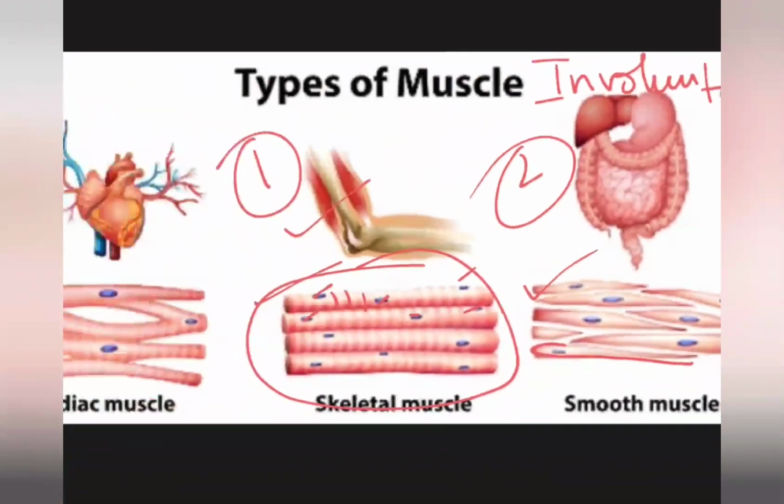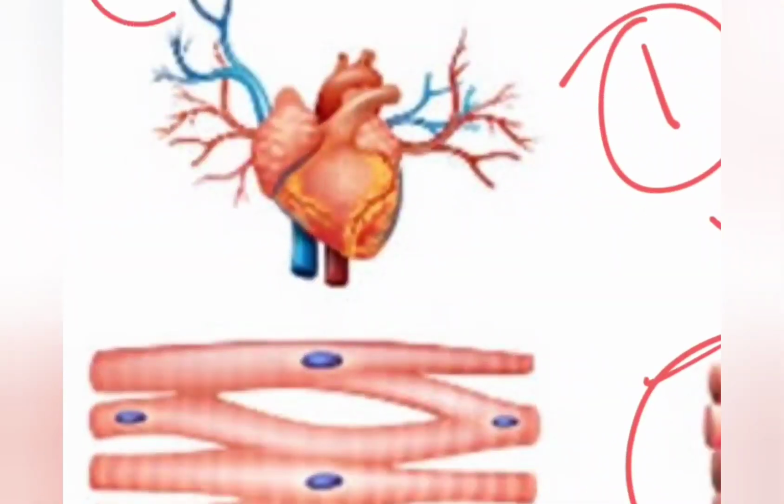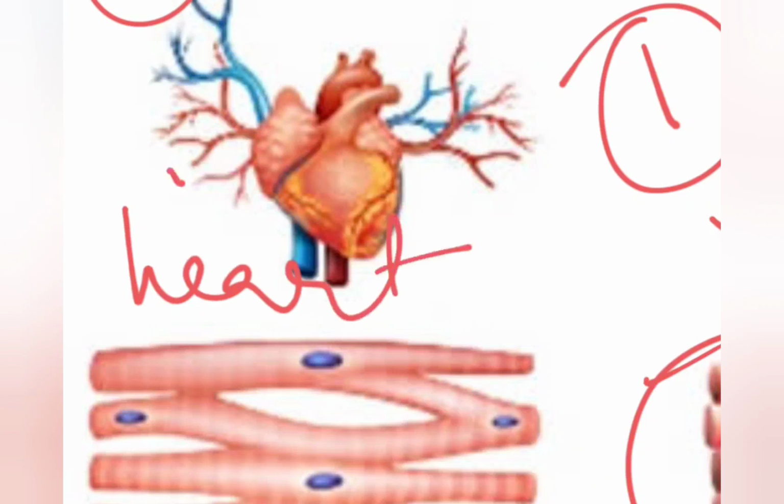Okay, now moving on to the third category, the cardiac muscles. These cardiac muscles are found in the heart. Okay, as you can see the picture of the heart drawn here, and this heart pumps blood to various parts of our body and works non-stop throughout our lifetime. From the moment we are born till the moment we are dead, the heart continuously pumps blood and supplies blood to various parts of our body,